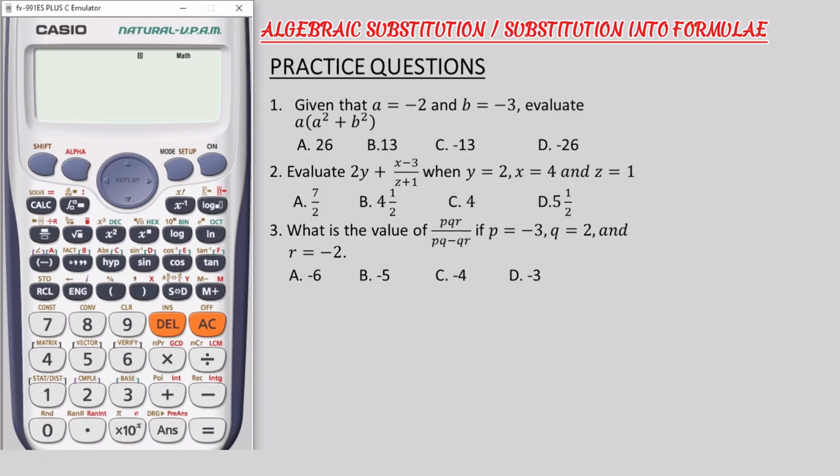The first method is what I personally refer to as the CALC method. The second method requires us to store the values into the calculator, so I call that the store method. I am going to systematically walk you through these two methods, so make sure you don't skip any part of